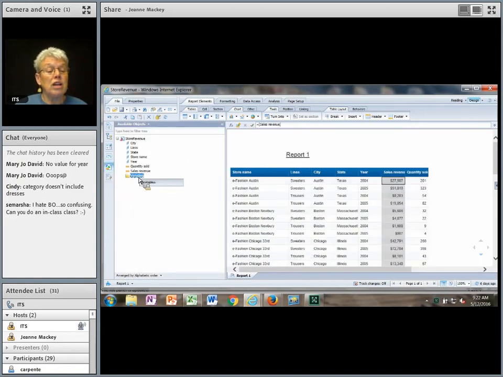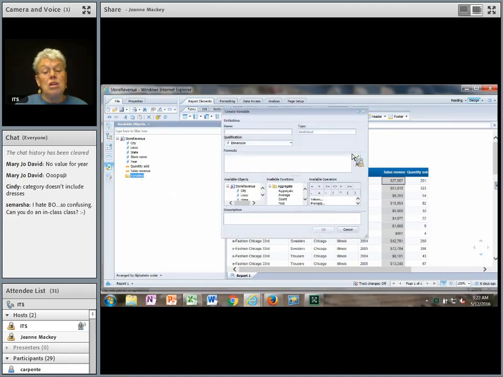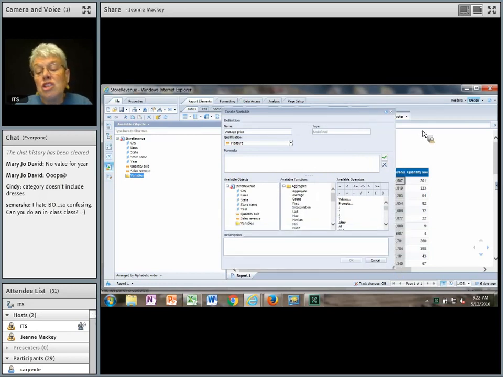So if I do a right click and click new, that's one way to do it. I'm going to call it something else. I'm going to call it average price. Yes, there we go. It's probably going to figure out that it's a calculation, but I'm just going to make it a measure object with that little ruler. And under here it gives you some help. It's a little tricky, but